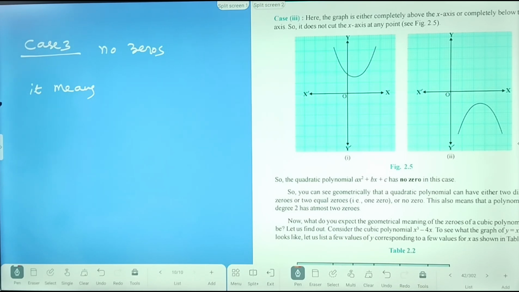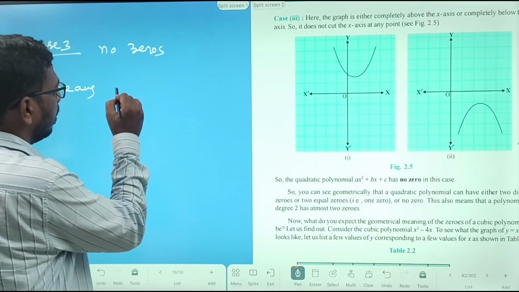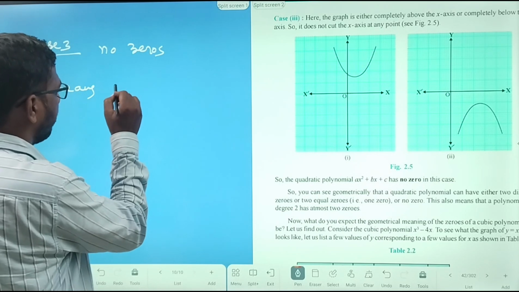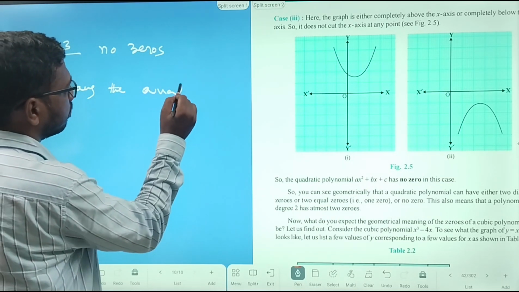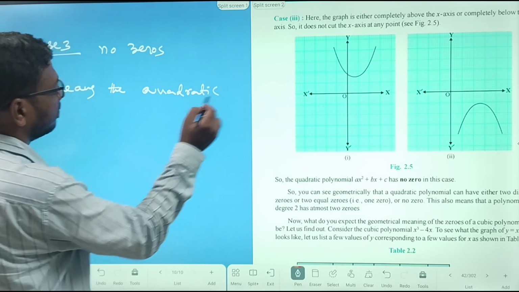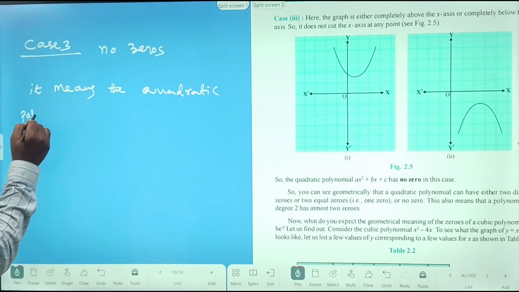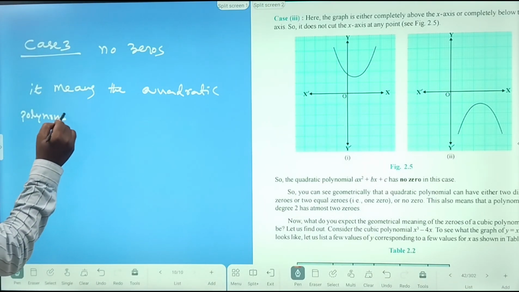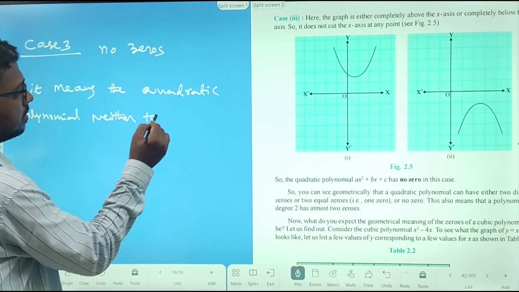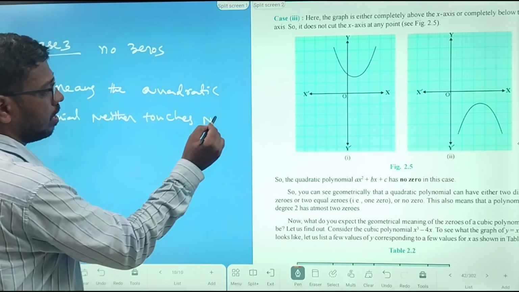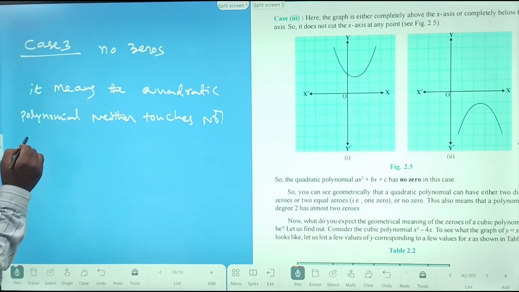Either it may have 1 or it may have no zeros. In case 3, it has no zeros. It means the quadratic polynomial neither touches nor cuts